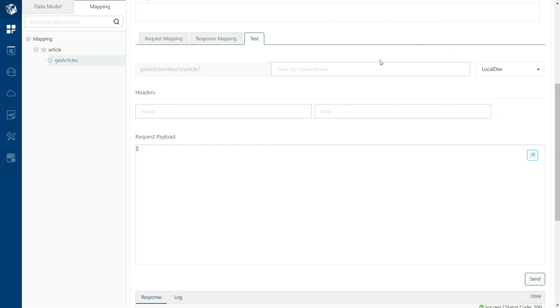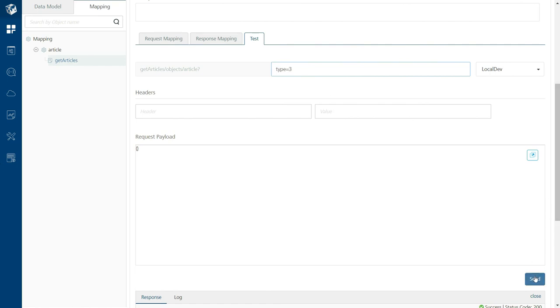Let us also try to pass the value of type and see how the filtered articles list is fetched. I am passing the value of type as 3. Assume this is the input that we are getting from the front end application.